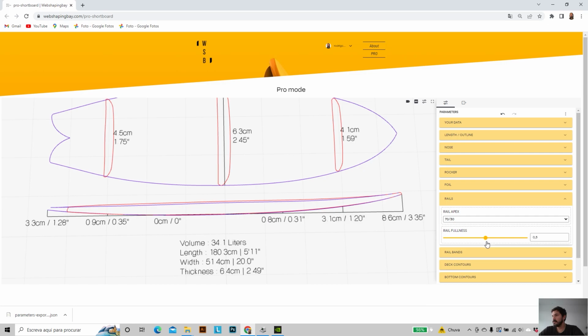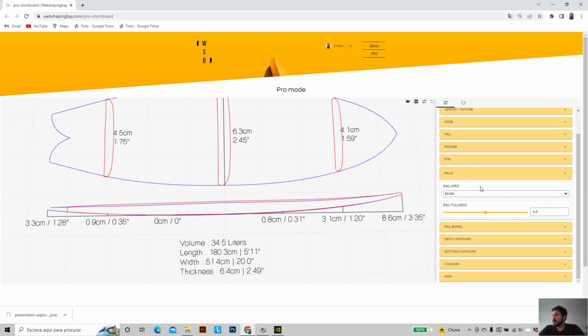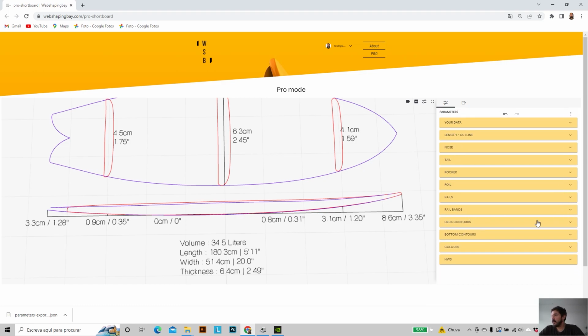And let's go back to where it was. And the rail bands,